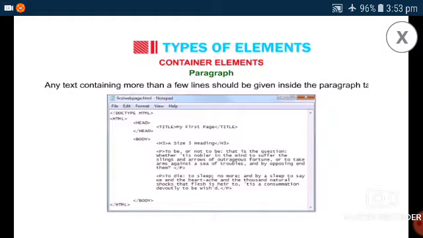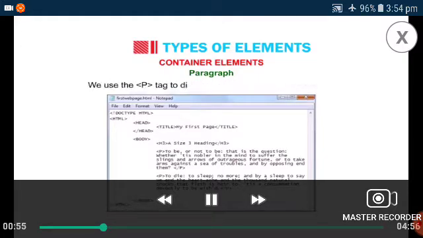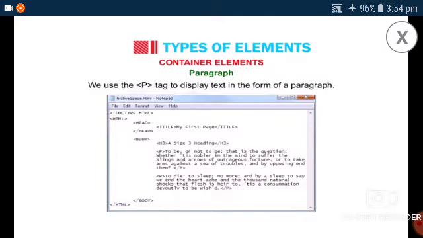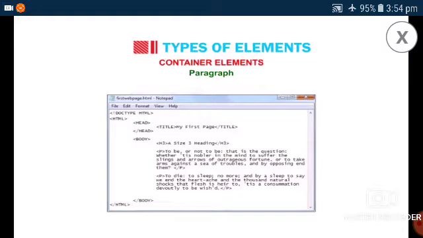Any text containing more than a few lines should be given inside the paragraph tag. We use the P tag to display text in the form of a paragraph. To mark the end of a paragraph, each and every tag I told you in the previous class opens with the less than symbol, then the HTML tag, and then the greater than symbol closes it.